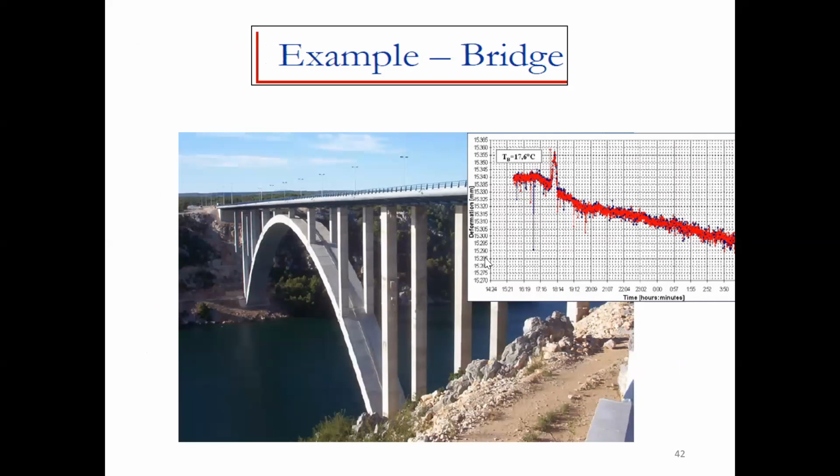Bridge monitoring again. So see, wherever there is a problem in the bridge, you can see the spike. So you know that at that particular point, at that particular meter, there is a change in the structure. There is some change in the light. So we know that there is some deformation, right?